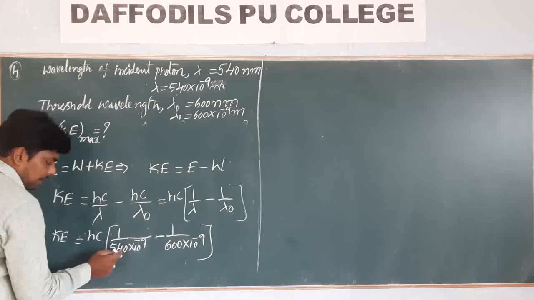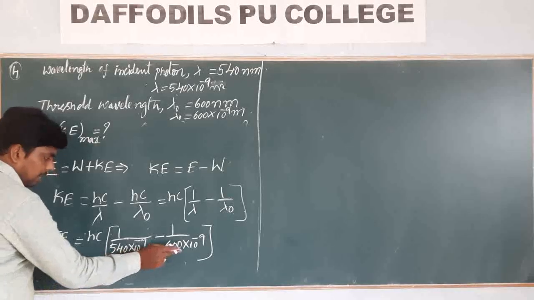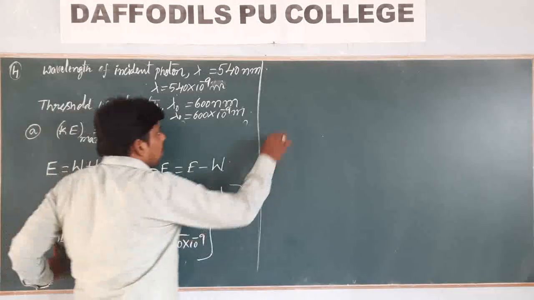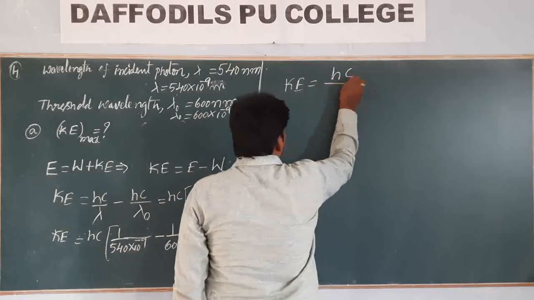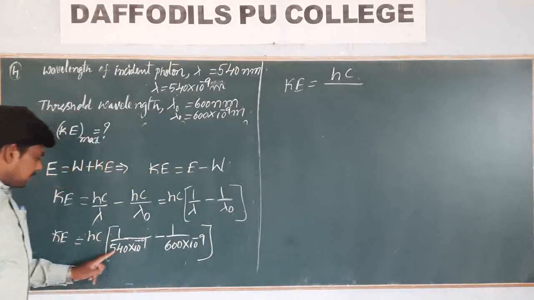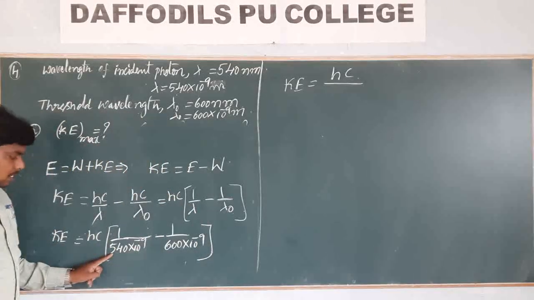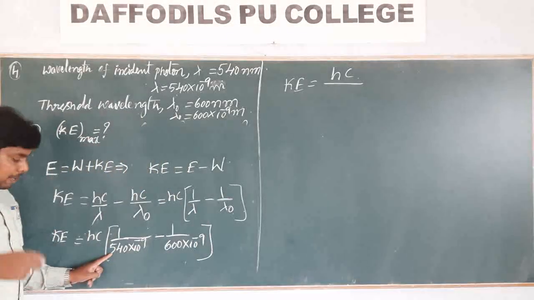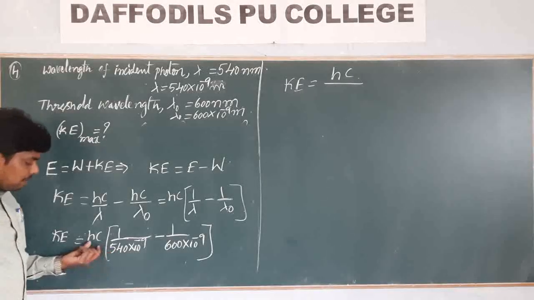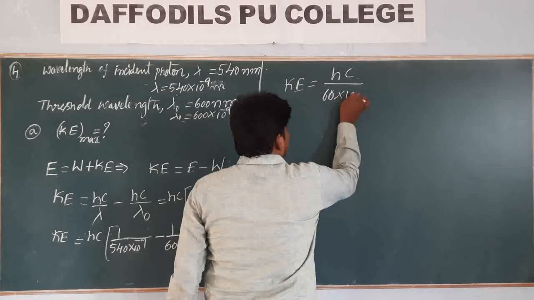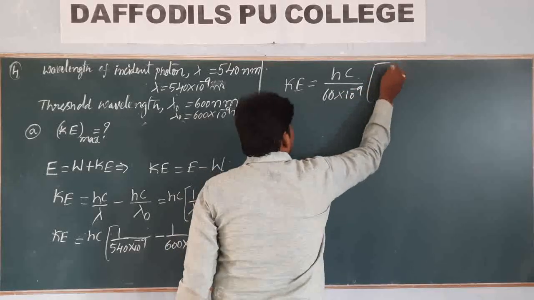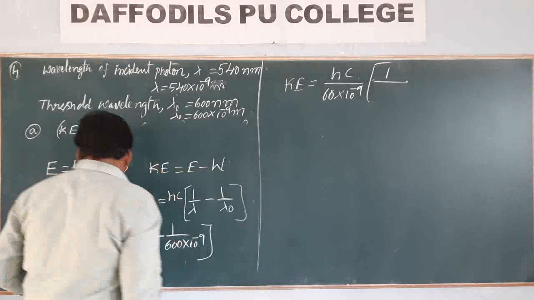Along with that, here 540 and here 600, you can make this kinetic energy equal to hc divided by, shall I take 60 as the common here? It will be easy to simplify. If you take 60 into 10 to the power minus 9 as the common,